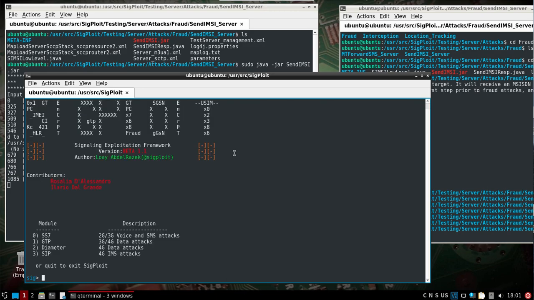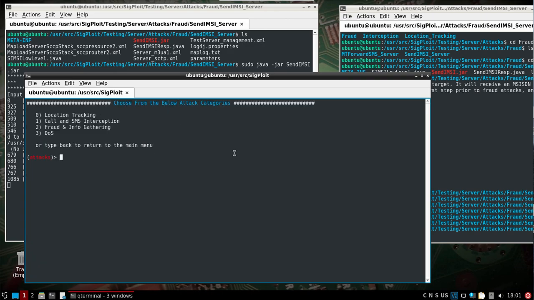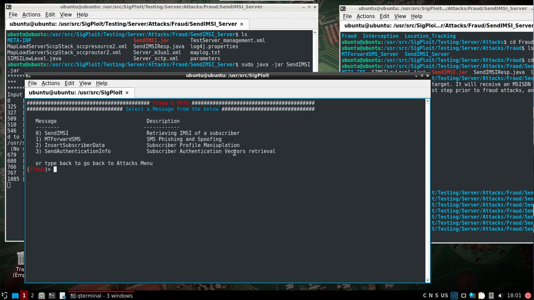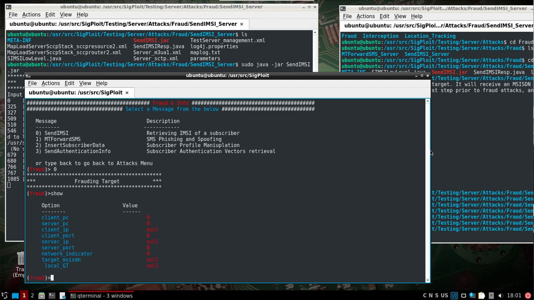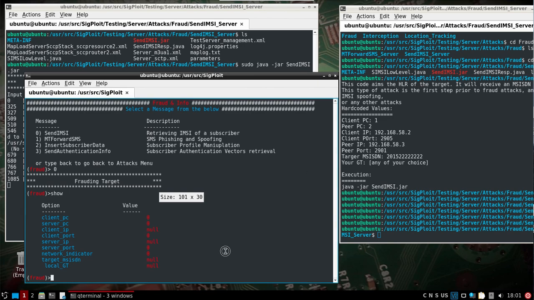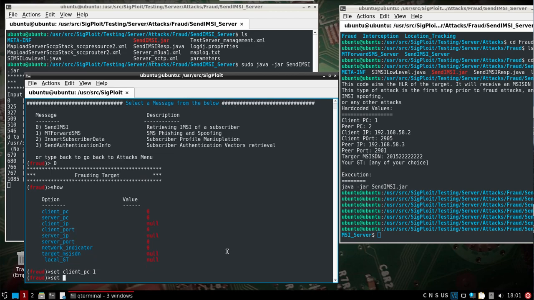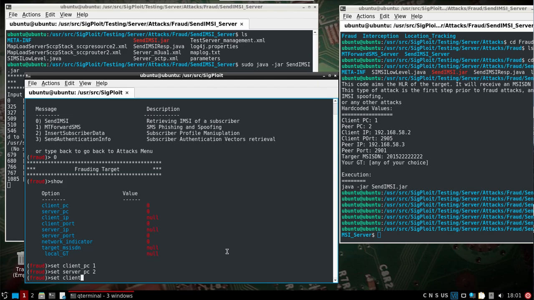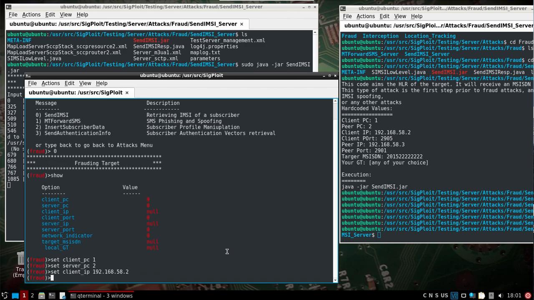We'll select 0 for SS7, and we'll pick number 2 here, and we'll pick 0 for retrieving the IMSI of a subscriber. We'll take a look at the options here, which you can see are not set. This is where these options on the server side come in, and so you would just run set client_PC1. It references peer PC on the right, but that's actually server PC. We'll set that at 2. We'll set client IP 192.168.58.2,